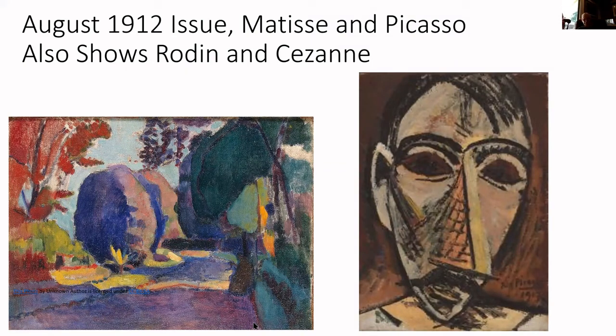And then he starts changing, and he gets a lot of flack from the camera club because of this, but he's not only the editor, he essentially pays for it. Because he starts bringing in artists, painters, not photographers. The August issue in 1912 is totally devoted to the work of Matisse and Picasso. And he's also had shows in his gallery of Rodin and Cézanne's work. So he's really reaching outside of the photography genre, and he's not even showing Americans, he's showing Europeans. But these are the most avant-garde of Europeans at the time.